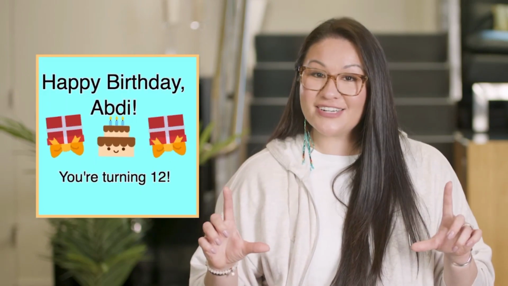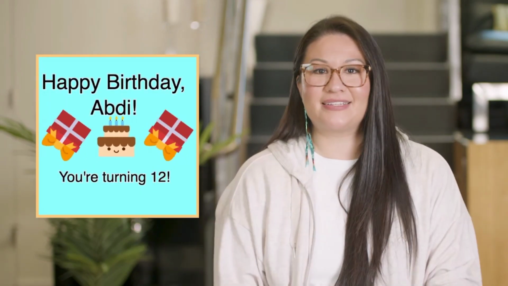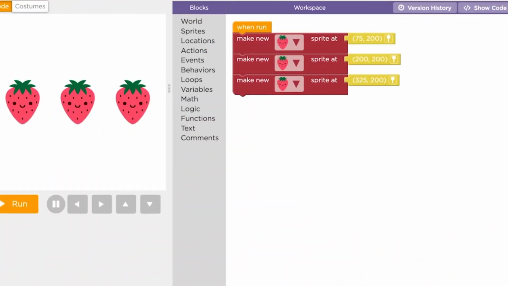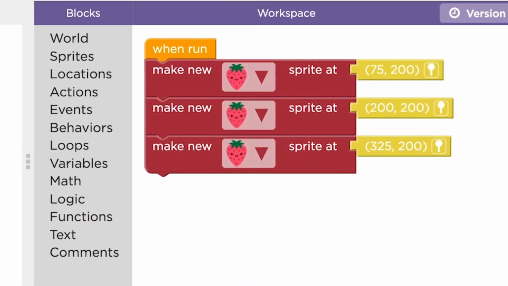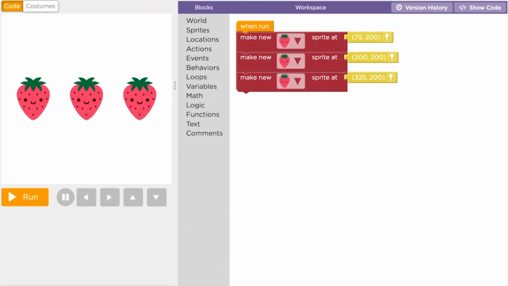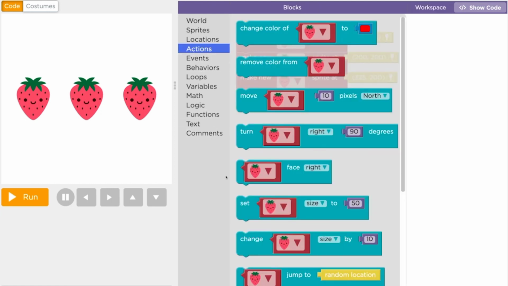With just a couple sprites, you can make fun and interactive projects, like animations, stories, greeting cards, and more. To make more complex games and simulations, you're probably going to want a lot of sprites. When you have a group of sprites with the same costume, actions will usually affect all of them. You can make 3 strawberries like this, and then change the size of all of them with one set size